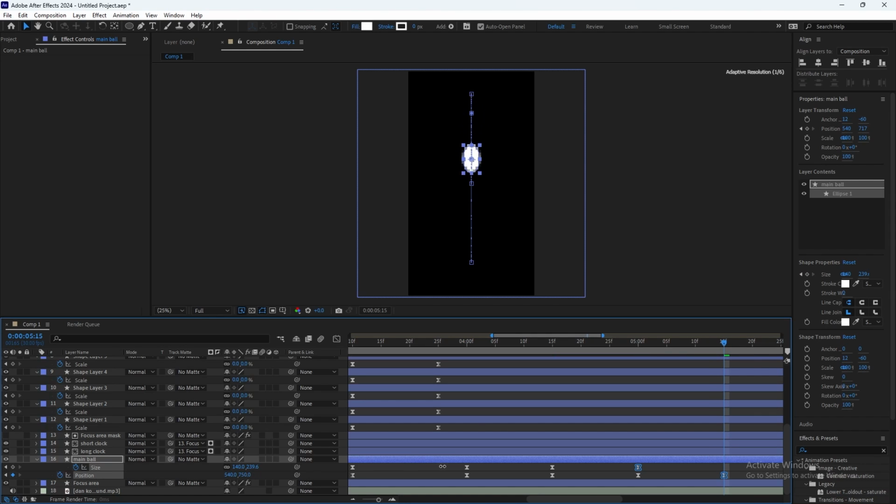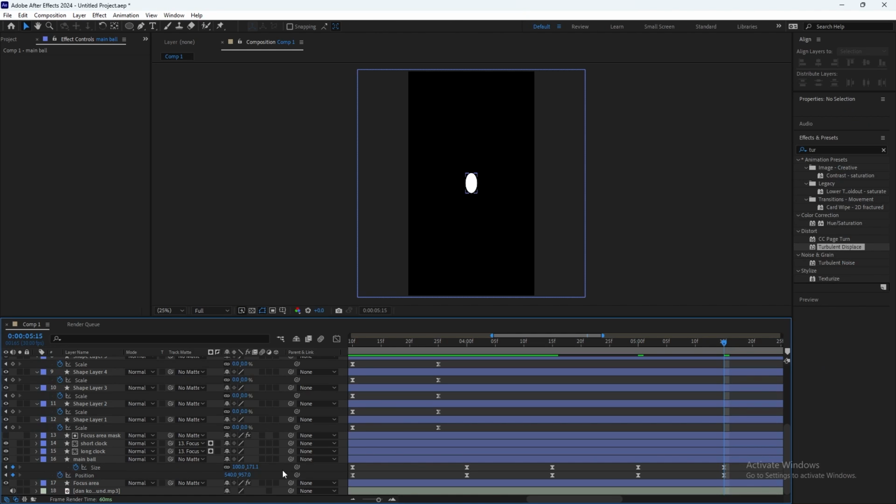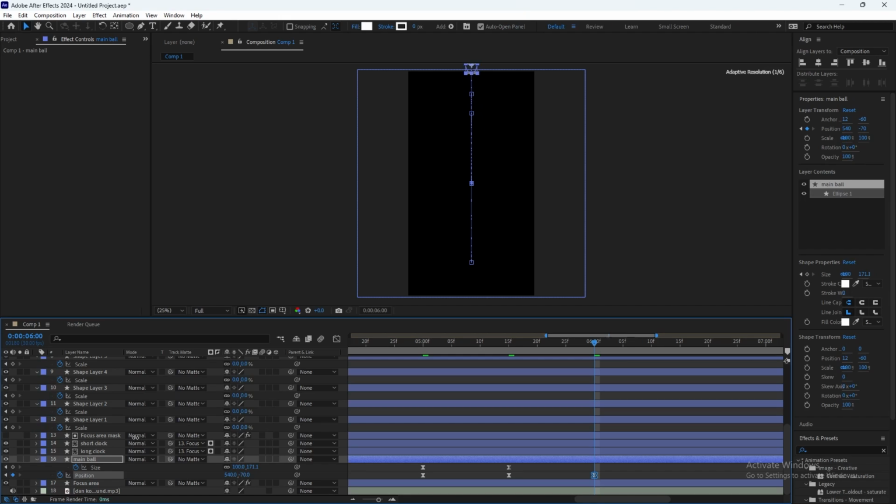Make it go to the middle and do it even smaller. And then another 15 and make it go outside of here.